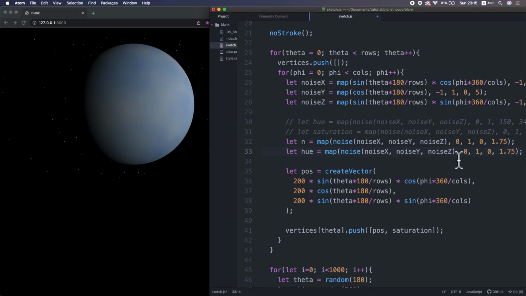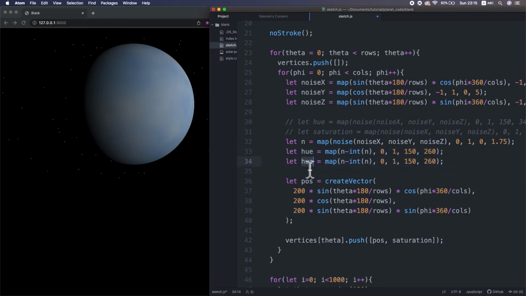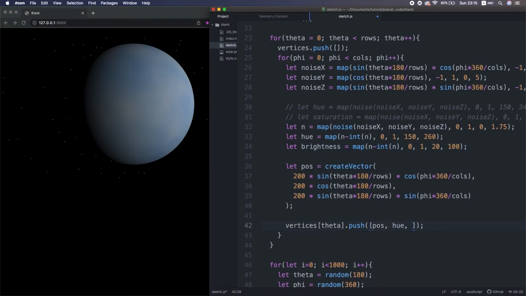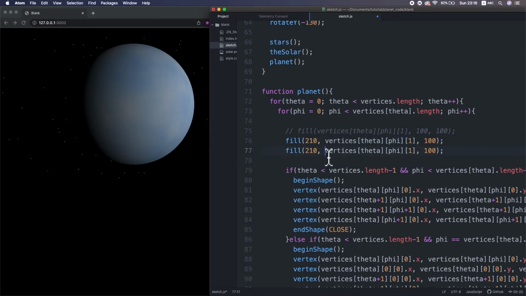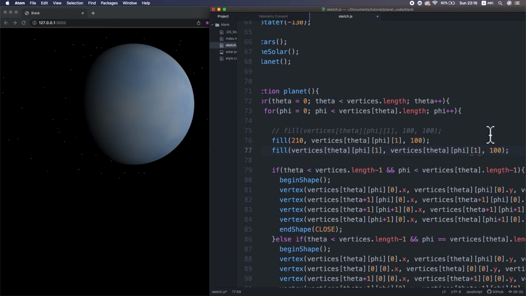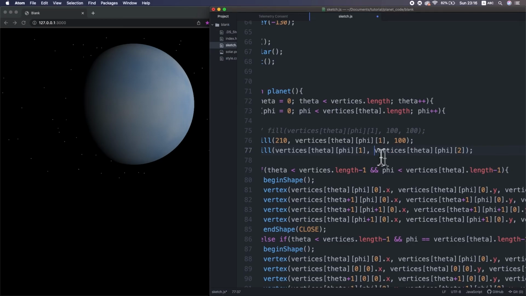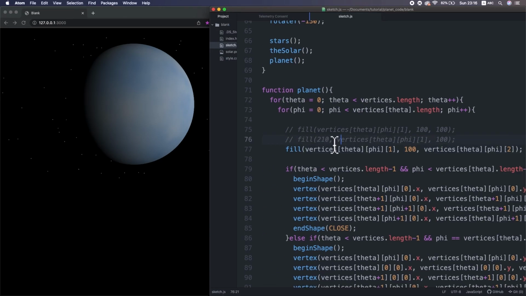And after that, I subtract the integer part of the noise value, then map the fractional part to the hue value, to 150 to 260 for now. I apply the fractional part for the hue and brightness at this time. So I change this fill function to apply that values. Alright, what happened